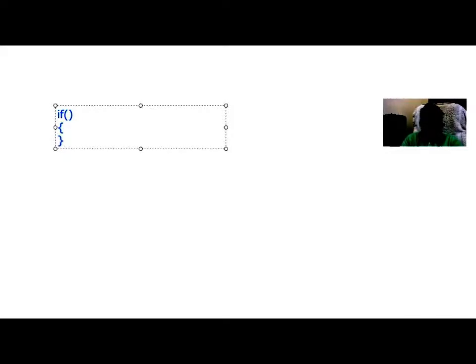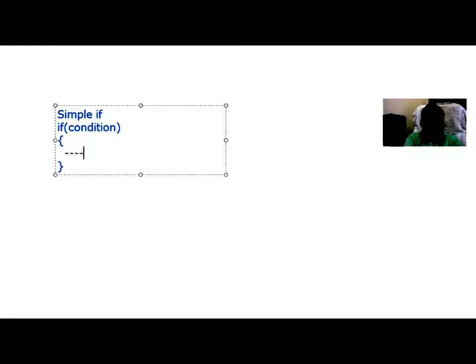This is called a simple if statement. In brackets the condition, and in this block we can put other statements, I'm just giving dots. This is called the first structure, simple if. If the condition is true, then only this block will execute. If the condition is false, then this block will be bypassed. This block will not execute.